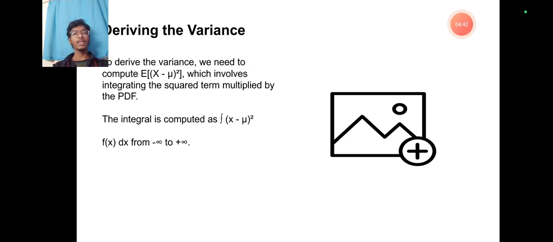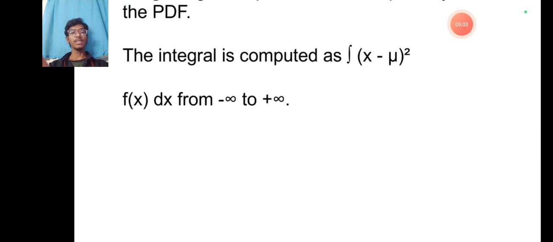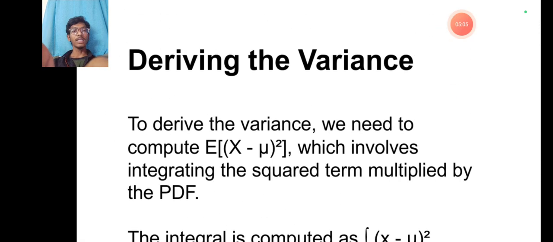To derive the variance, we need to compute E[(X - μ)²], which involves integrating the squared term multiplied by the PDF. The integral is computed as the integral of (x - μ)² f(x) dx from minus infinity to plus infinity. So here also we can see f(x), like the variance of the